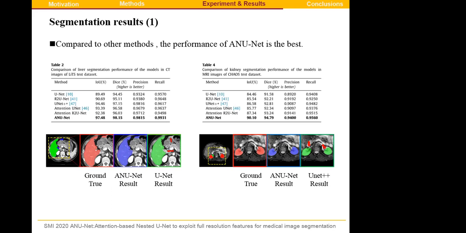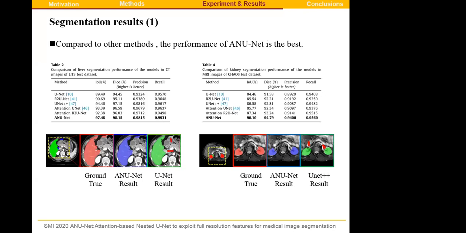And on the right side is the kidney MRI image segmentation. Our work achieved IOU increased 4.06% and dice increased by 2.13%, and the precision increased 3.44%, and the recall increased 0.82% over U-Net plus. And in the bottom two figures, as you can see, we use red-green to show the ground